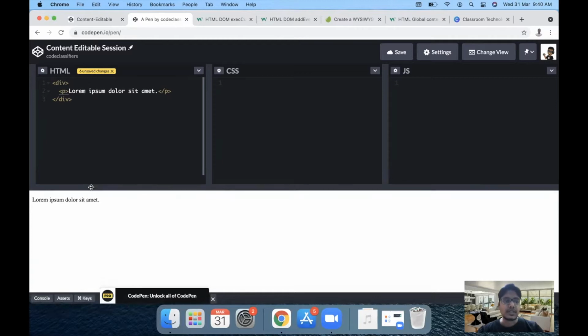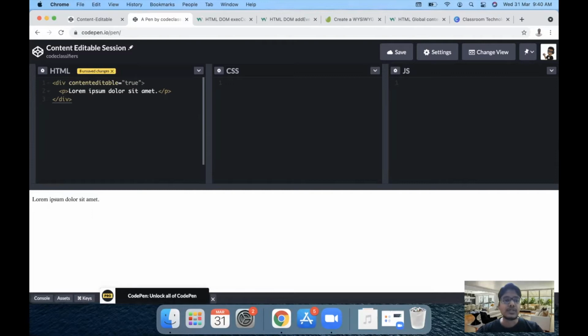web page. Now the next thing which I want to do is, let's say I want to make this text editable for the user, like I want to allow the user to edit these words or make any kind of changes. So how do I do that? For allowing the user to have editing functionality available in the browser, we make use of an attribute called contenteditable. This is an attribute whose value can be set to true or false.